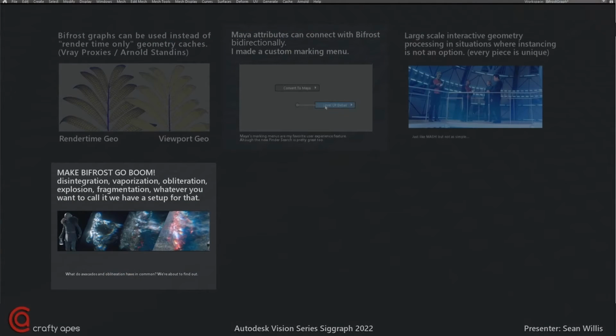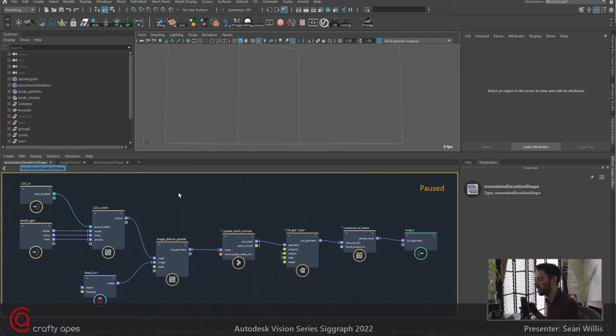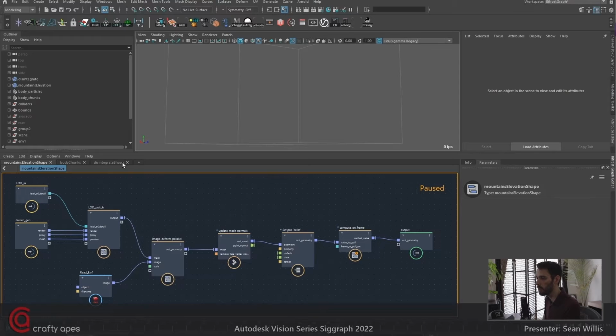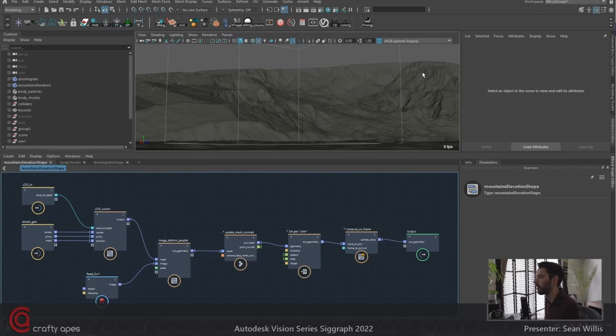All right. So we're now going to switch over to a base disintegration setup that we use. It can be extended into lots of different areas from sci-fi to very realistic. And we're going to be going over some of the ways that you can use it. So first off, we're going to start with the background, because the background, you need something that things are going to collide with. So here I have a setup that loads in a height map for digital elevation.